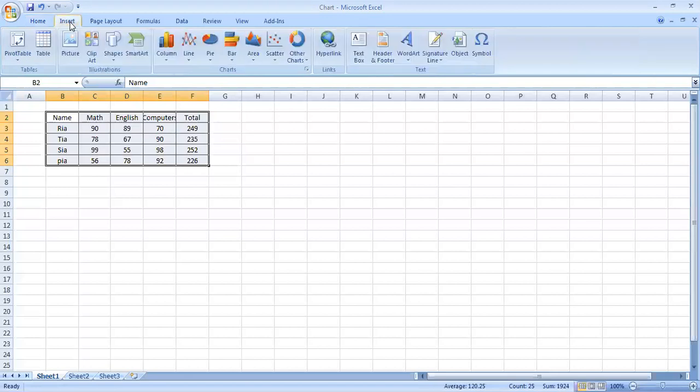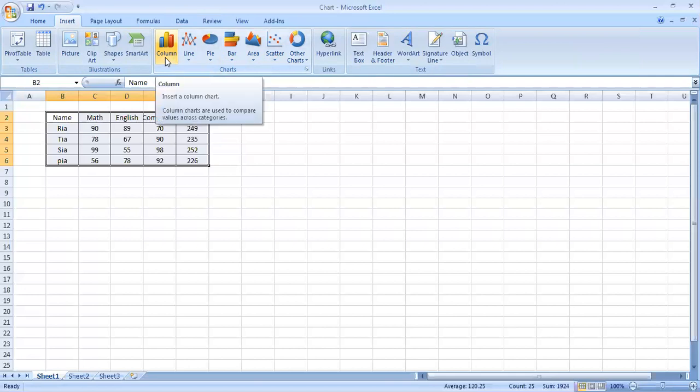See, I'm clicking on the insert tab, and on the insert tab there are different charts which are given. If you have a different version of Excel, then you may have a different appearance. You may have some drop down list or a different way of arranging charts. But you will find these charts in the insert tab only. So here is a column chart. Always remember, the default chart which occurs is a column chart. We will start with the column chart only.